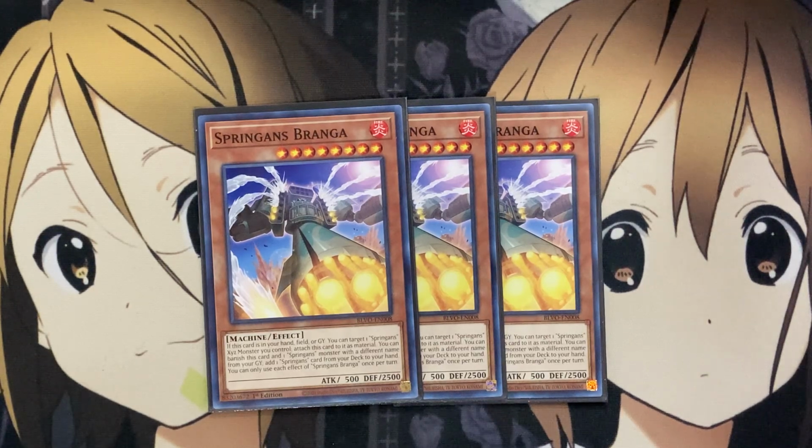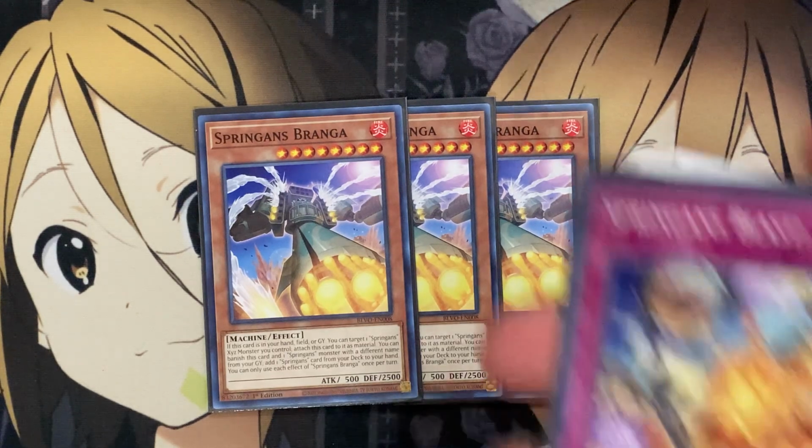And then also, you can banish this card and one Springans monster with a different name from your graveyard to add one Springans card from your deck to your hand. You can only use each effect of Bronga once per turn. So the fact that it is a Springans card means that we also have the option to add our traps